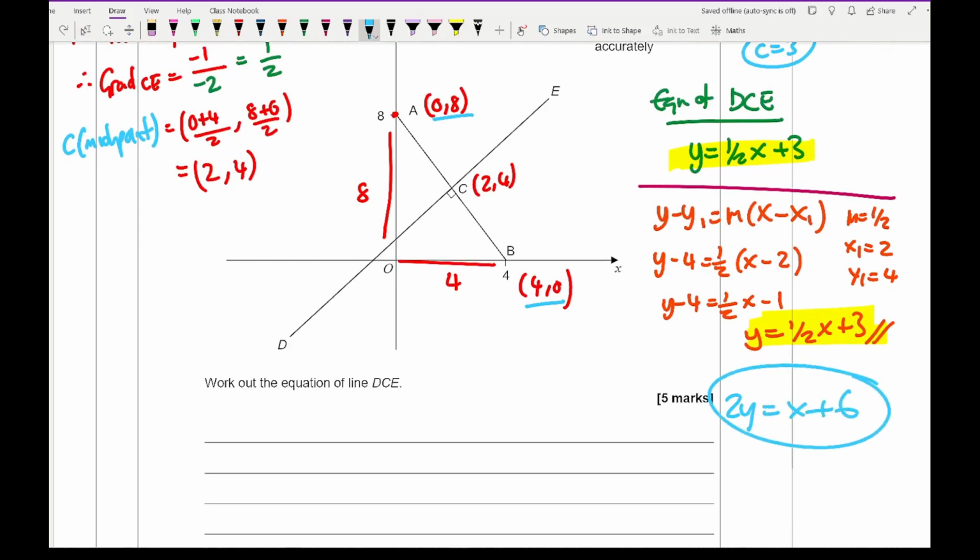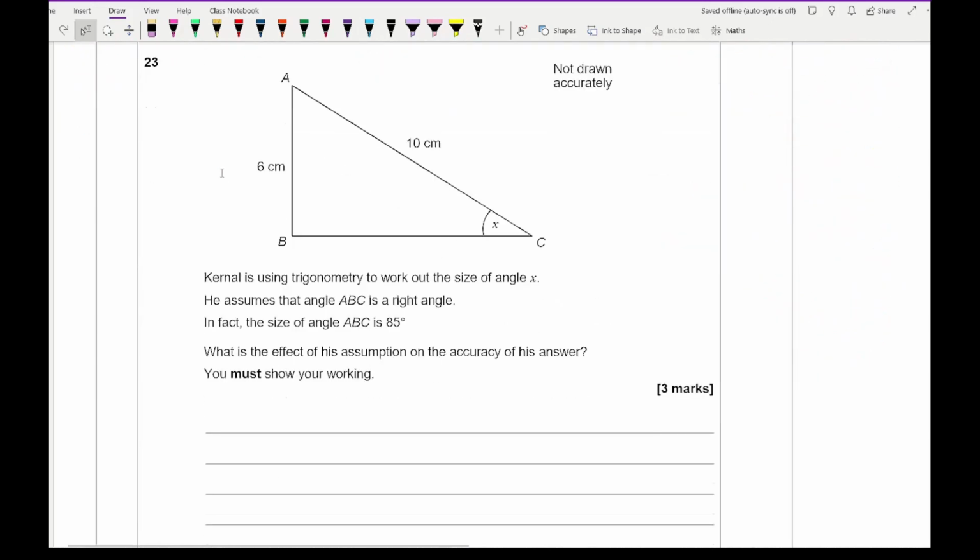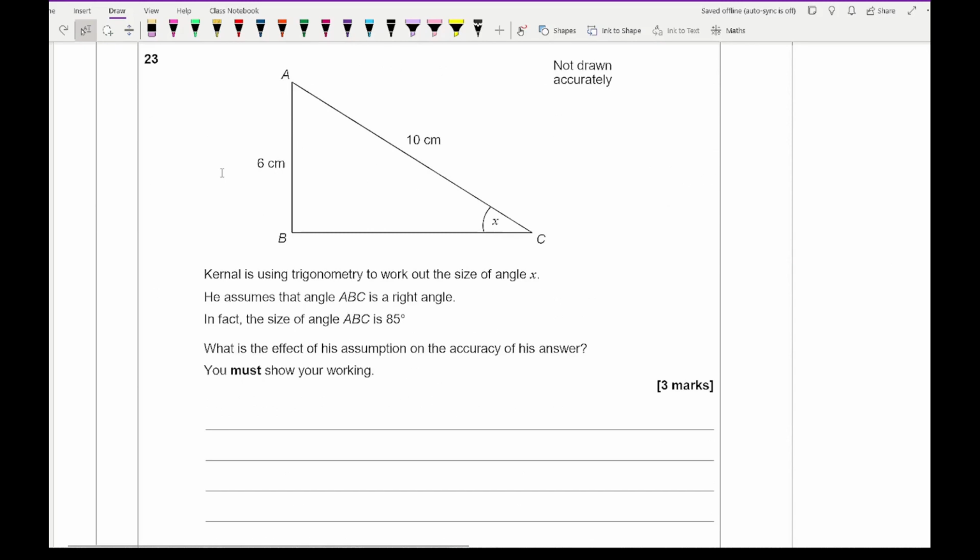That's exactly the same, but again, different variations. As long as it simplifies to give you y equals 1/2 x plus 3, it's all good. Then moving on to question 23, it says that Colonel is using trigonometry to work out the size of angle